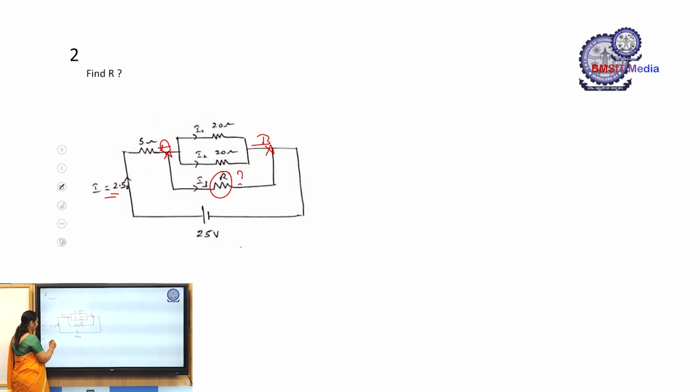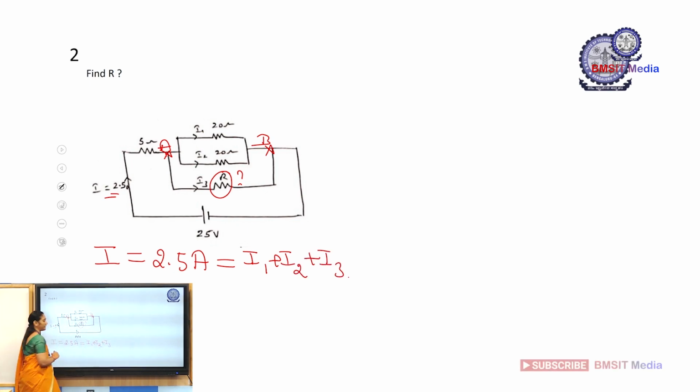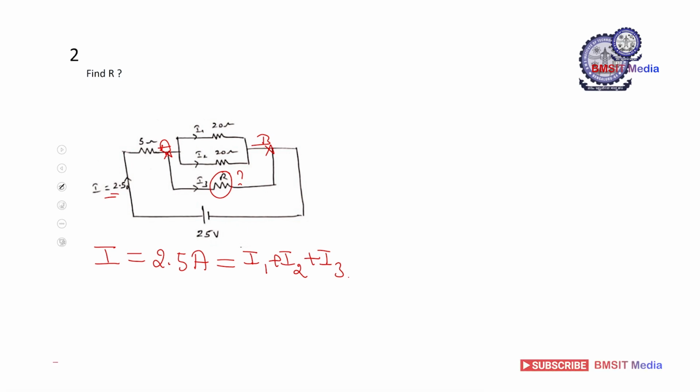In order to find it, again we take the total I, which is equal to 2.5 amps, which is also equal to I1 plus I2 plus I3. So we first will find I1 and I2. To find the voltage across this terminal, first we will find the voltage across the 5 ohms, which is given by